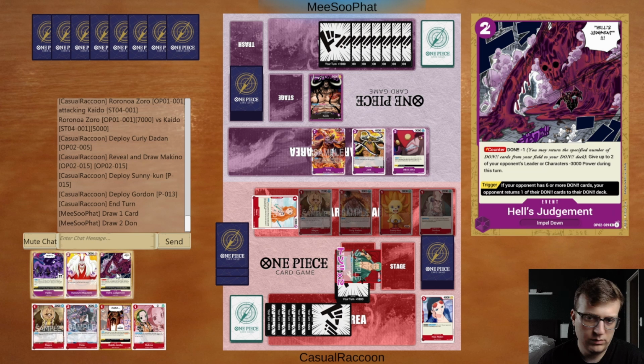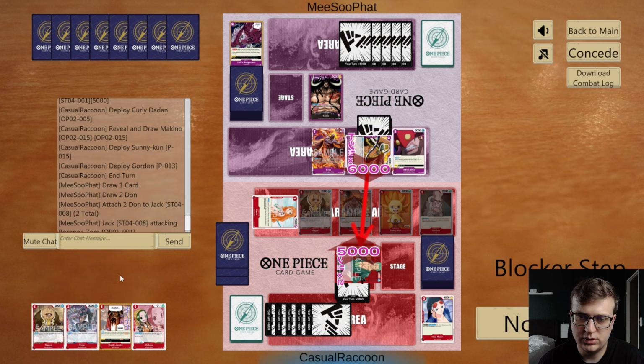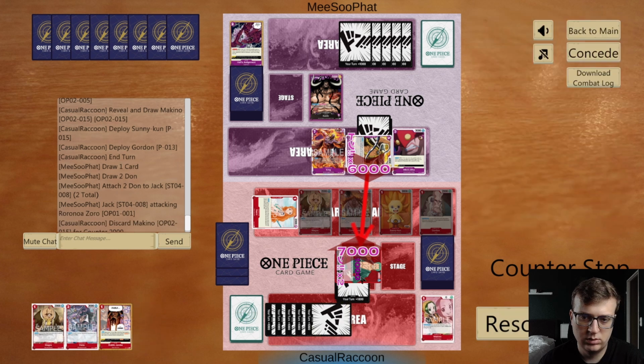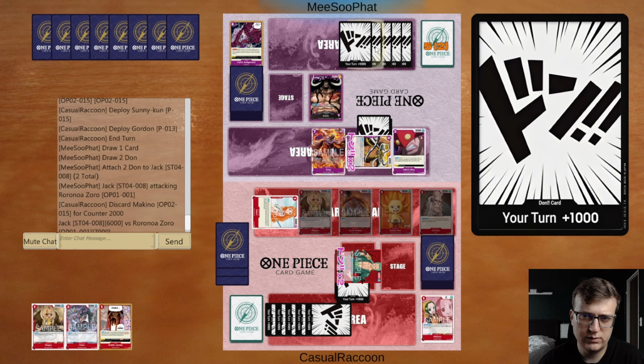What's interesting for me is that they used Harsh Judgment to slow us down. Probably are afraid of Edward Newgate character, so it's interesting if they have more in hand. And here 6k swing, just simple counter just in case. 5 Dons left,